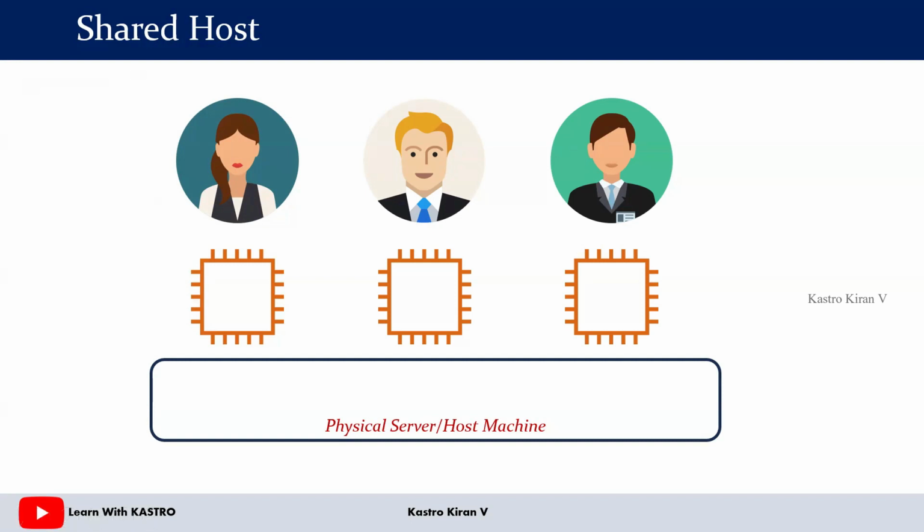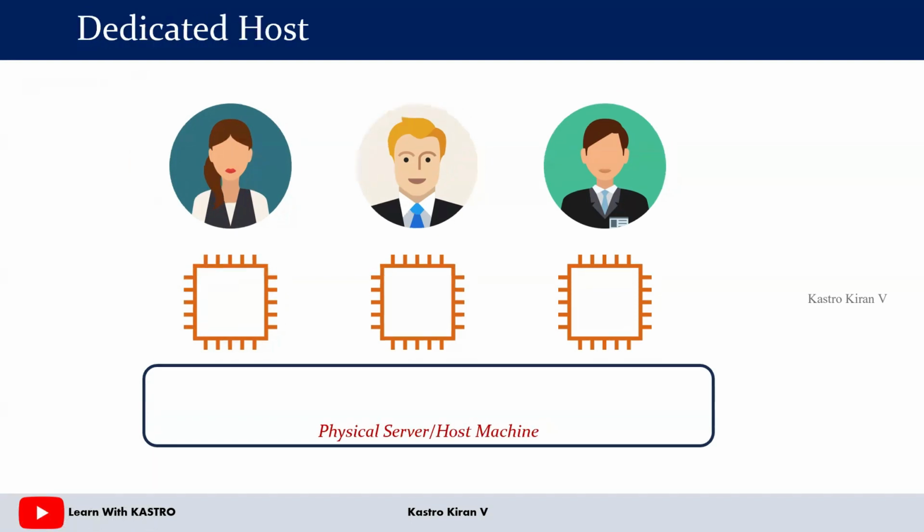Now let's talk about another one, which is known as a dedicated host. In a dedicated host, the entire setup will be the same. There is no change in the dedicated host setup. You will have a physical server. On top of the physical server, each user can launch multiple instances according to their requirement with the required configuration. Now, if you ask me what the difference between the shared host and dedicated host is, let's say